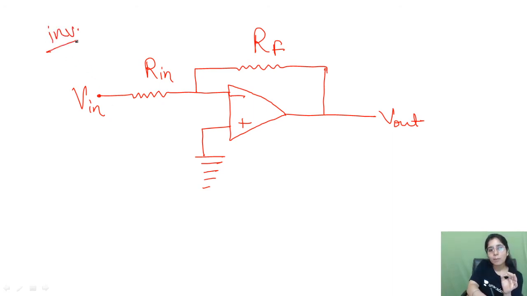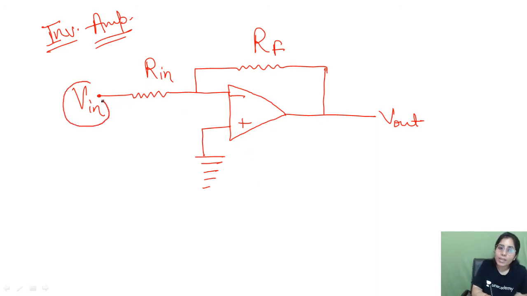What is this? Inverting amplifier. Clear? Another point: how will you identify an inverting amplifier? You can see the input voltage has been applied on the negative input terminal, which means the inverting input terminal, and the other input terminal has been grounded. The word amplifier here refers to negative feedback. The feedback we are going to consider in this discussion is always negative feedback. So we now know where to provide the input and where the feedback should be given.